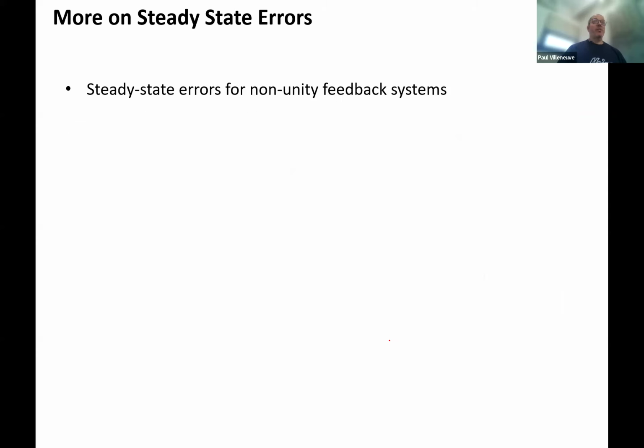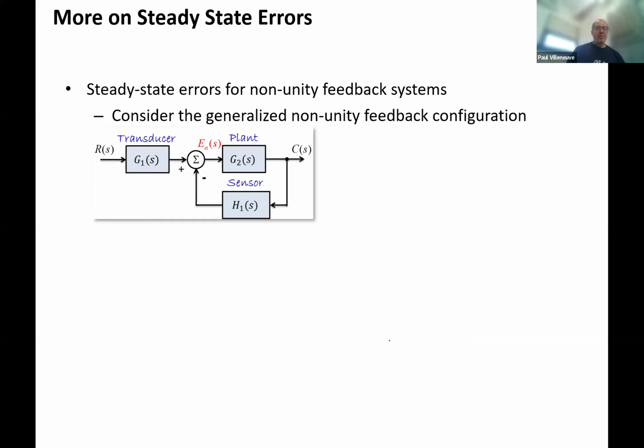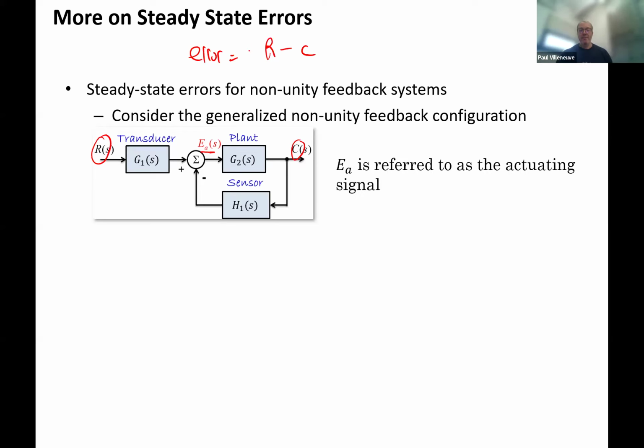Now, the last one, remember we talked about you can calculate steady state errors for non-unity systems. The problem is that you're not getting really an error. You're getting sort of a different signal. So as we see over here, here's our input, right? That's our R. And here's our output. And then back over here, we're getting this EA. That's not the actual error between what we want and what we have, because we would be comparing R minus C to give us our actual error. That doesn't exist over here. So we got to tweak it a little bit,